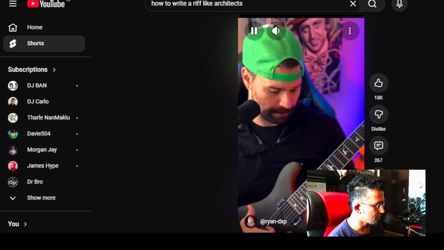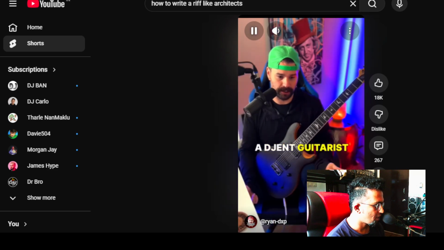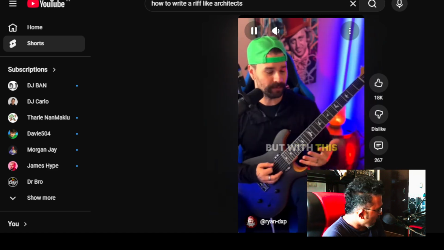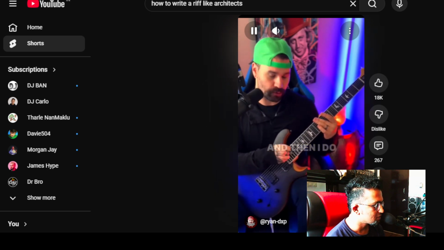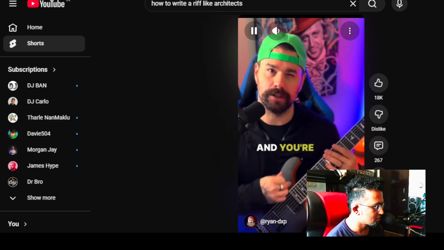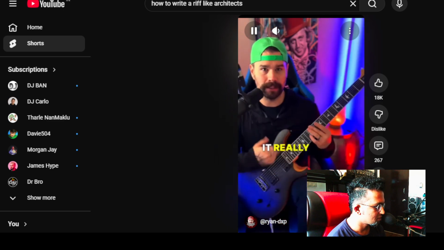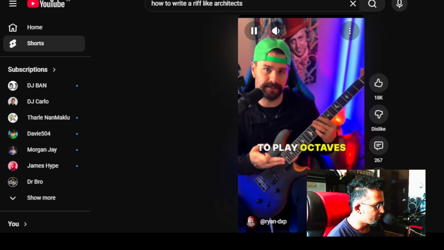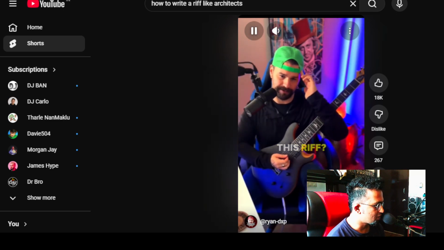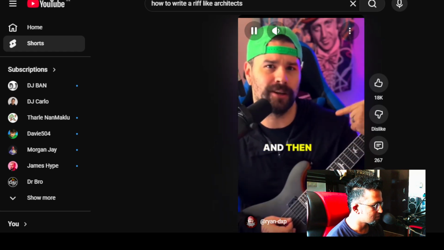Of course I've got my Mark Holcomb PRS seven-string, because you've got to have a djent guitar to play djent, right? It's not true, you don't. With this one I am tuned down a half step and then I do drop tuning, so I'm drop A flat. Whether you're playing a six-string, seven-string, or eight-string, after dropping all the strings, it really gives you fun access to play octaves on top of those heavy low riffs. So next time you're thinking how do I introduce this djent riff, just drop down that gain, do it at the higher octave, and then drop the beat.